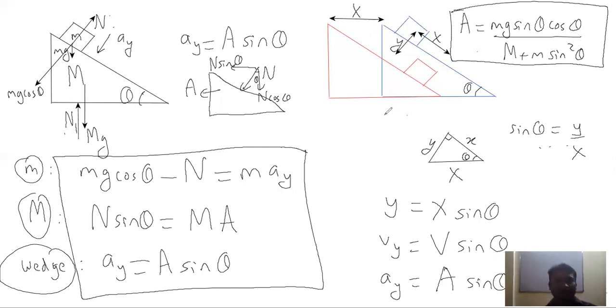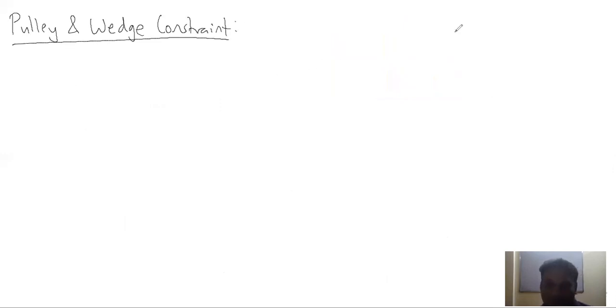So I have explained you in detail how to use wedge constraint. Now let us move on to our next topic, which is wedge and pulley constraint. So in this case, we have both a wedge and a pulley. Let us consider the diagram first. Suppose we have a wedge here, and on this wedge we have a pulley. There is a pulley here,